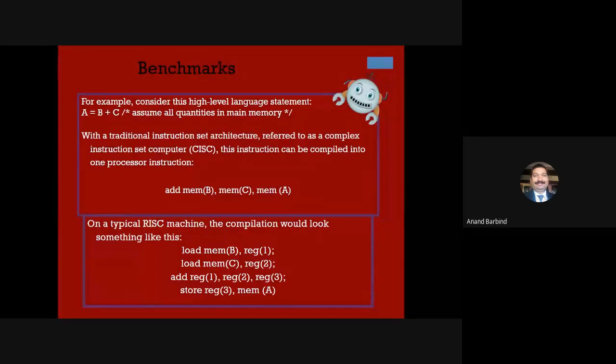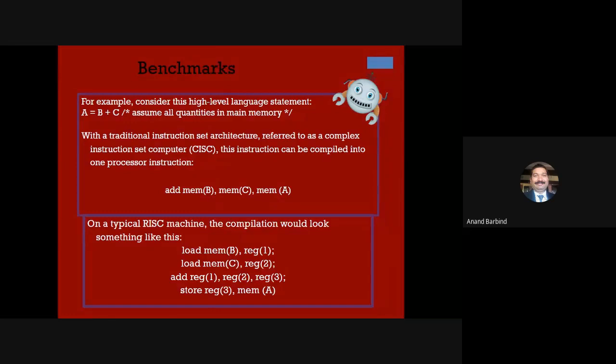Okay, so for this purpose, usually the standard programs are used. If anyone wants to measure the performance of the computer, he or she cannot randomly choose a program of his or her wish, but needs to choose from the standard programs. Standard programs are given, and you choose from those particular programs. Such programs are called benchmark programs.